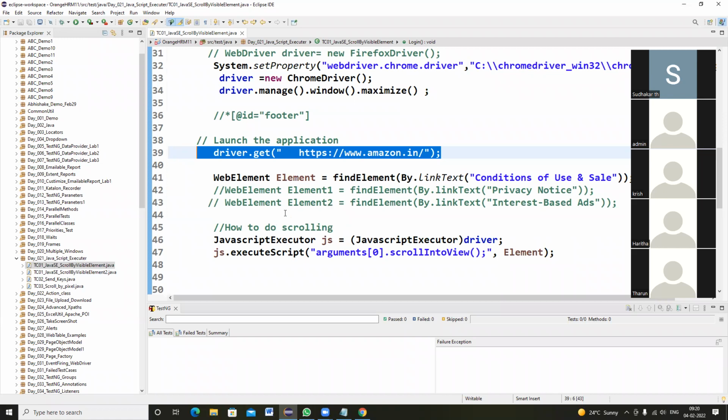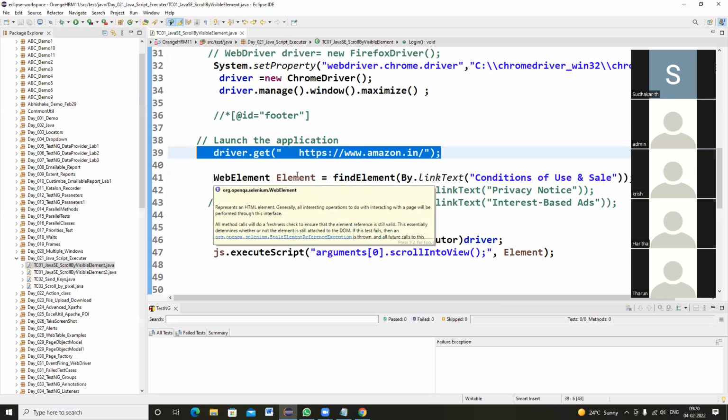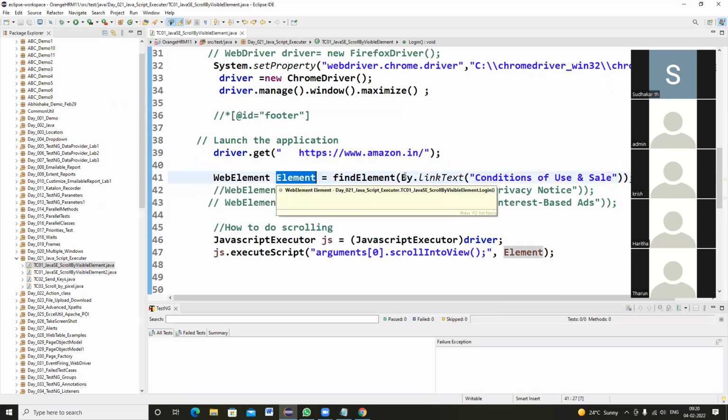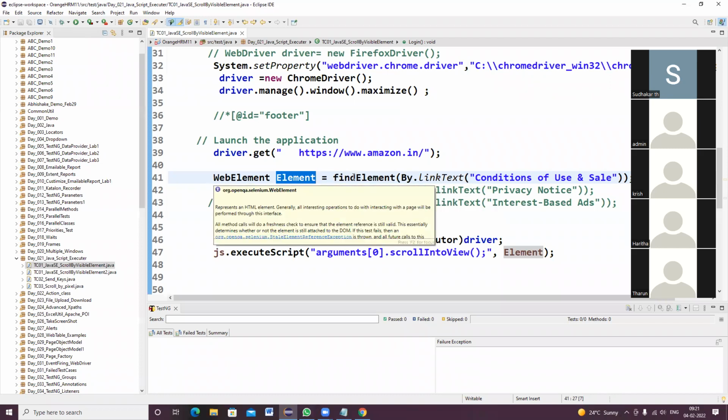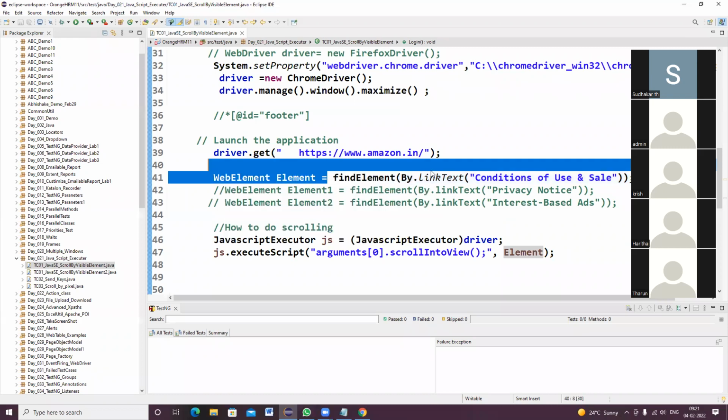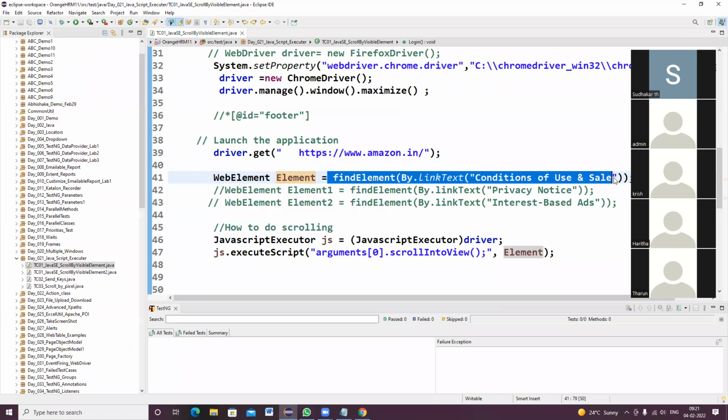Everybody clear? Okay, so now what we are doing is we are saying WebElement element is equal to find element by link text of, and we are providing the web element's link text. We are creating an object reference for the web element, and we are instructing it to go on to this particular link text.